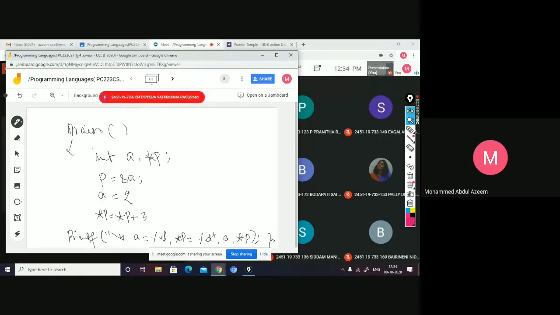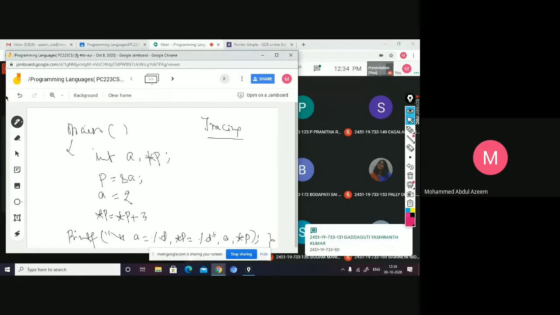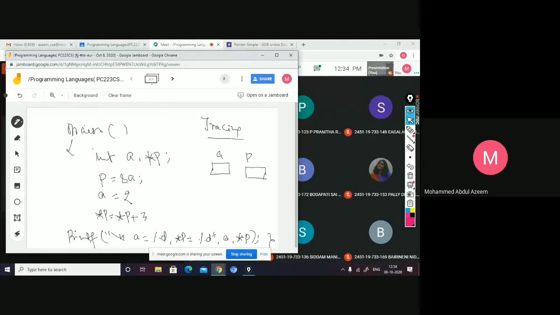So here, what is happening? I'm just tracing the program. When you execute this program, what happens? You have declared a variable a, so for a, 2 bytes of memory have been allocated, and then you have declared p, which is a pointer. For the pointer also, memory has been allocated. But as I said, a pointer requires how much memory? It needs the memory to hold an address, so hardly 2 bytes. Integer also in C language requires 2 bytes anyway.